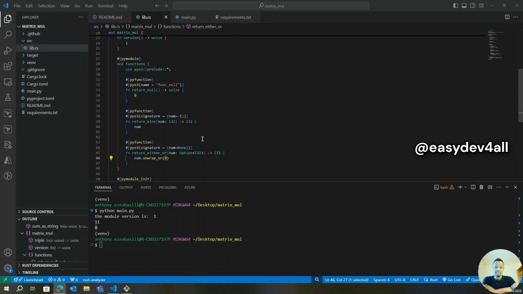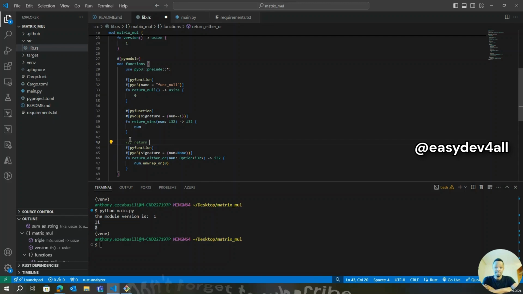regarding these signatures that I would like to show you more or less would be, of course, I think the correct name would be function options. So we've looked at name, we looked at signature. The next thing I would like to show you would be text signature. So this function, we can give it some documentation, and we can say something like returns none if no value is provided. And this, when we look at the text signature of this function, is definitely going to give us something like